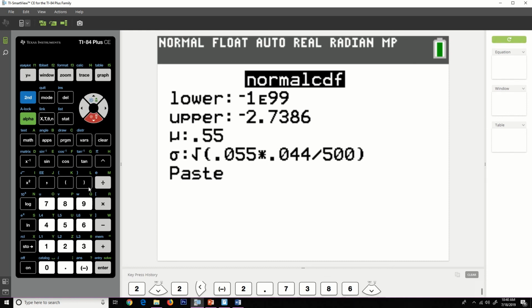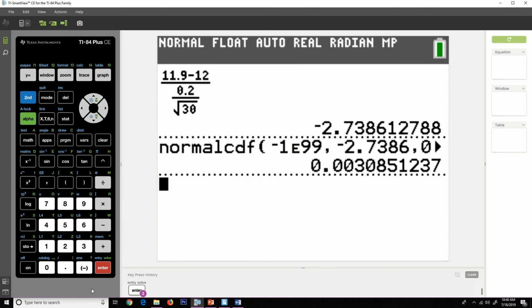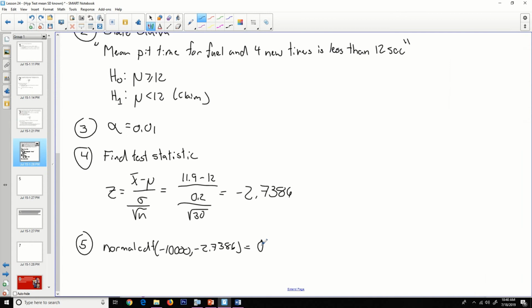Our claimed mean for this one, because we did a standardized test statistic, is 0, and our standard deviation would be 1. We'll hit paste, hit enter, and that gives us 0.00308. All right, now clearly, so for number 6,